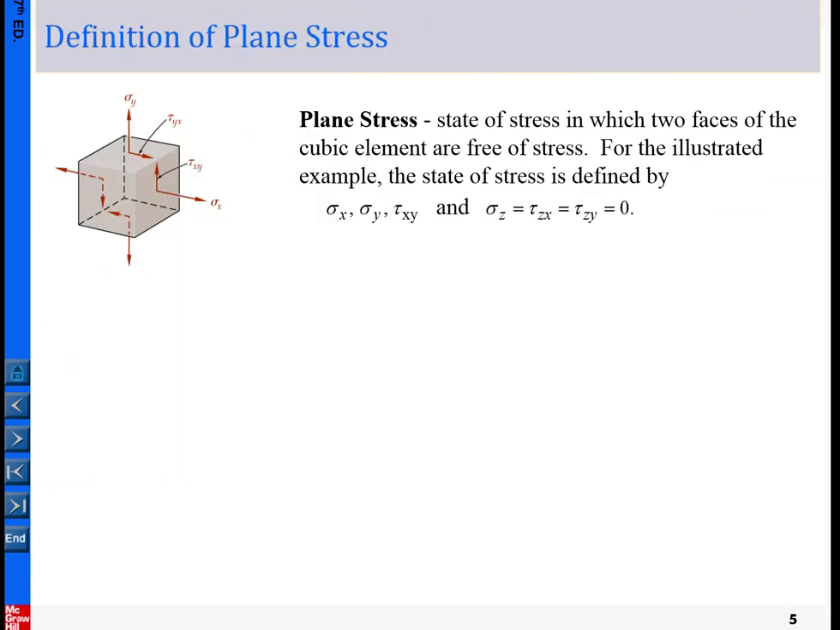So that is the definition for this. Okay, so now let me move on to what is the plane stress. Basically the plane stress is this. For example, in terms of the